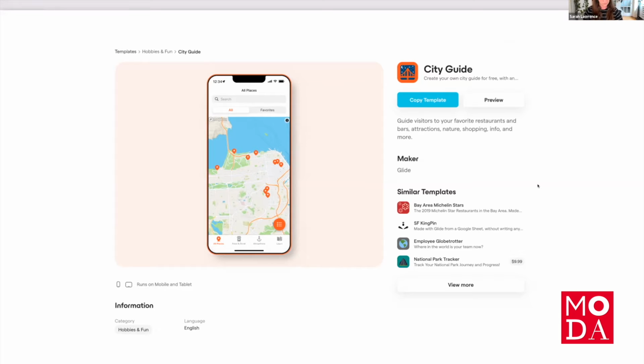So first of all, you're going to have to make an account on Glide. I think it's just glideapps.com. Yeah, glideapps.com. I will share that in the chat. And you'll make an account there. On their templates page, you'll see all the different templates I talked about earlier, but one in particular you will find is City Guide. This is a guide to amazing,